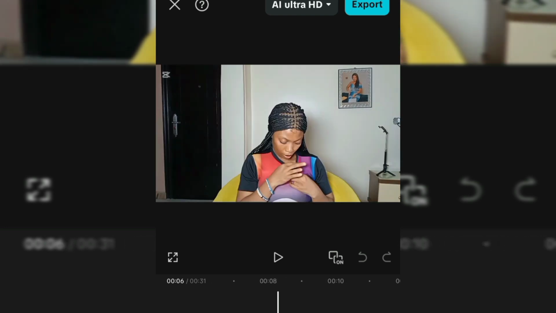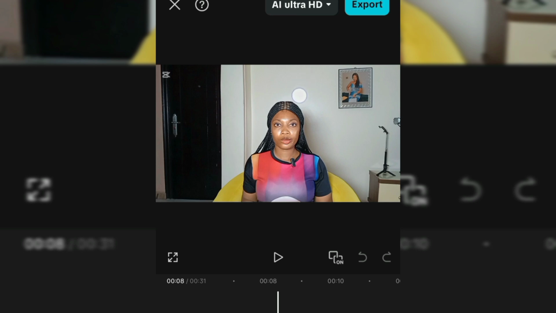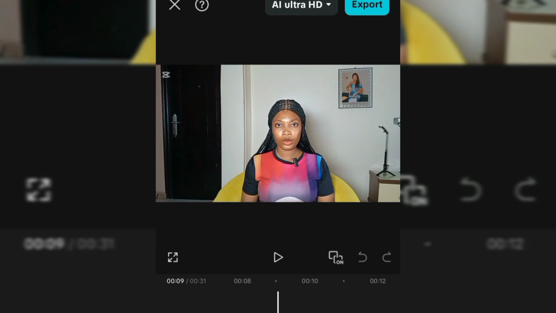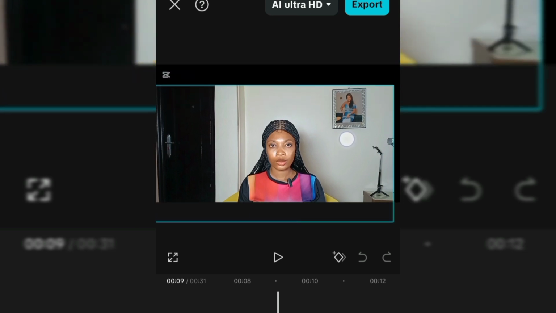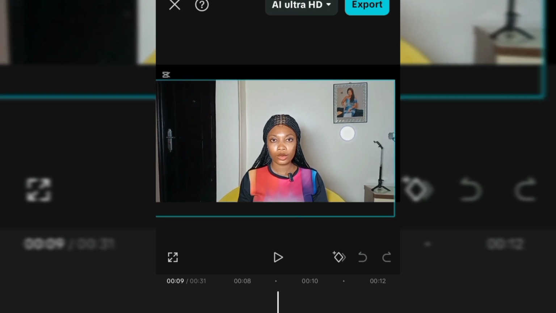What you want to make sure you do is you leave space at the top here. Now what you're going to do next is tap this video and reduce it a little, bring it down a little. That's why you should have a lot of space. You should leave space above and beneath, so that when you adjust it, your video won't be too low. Now after you've adjusted it this way,